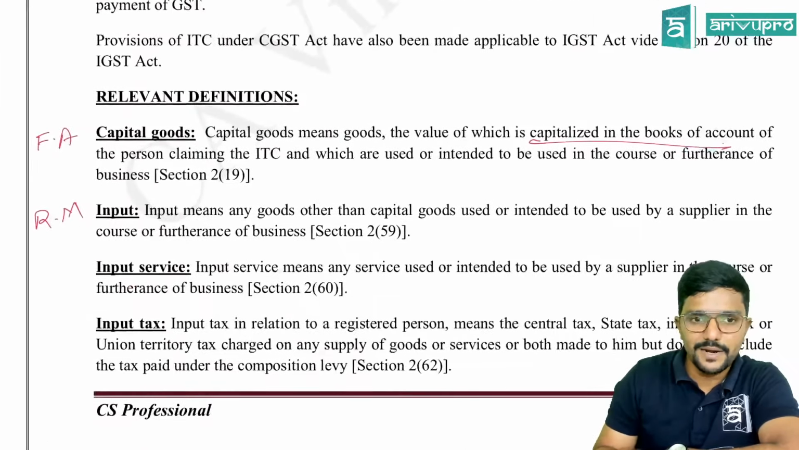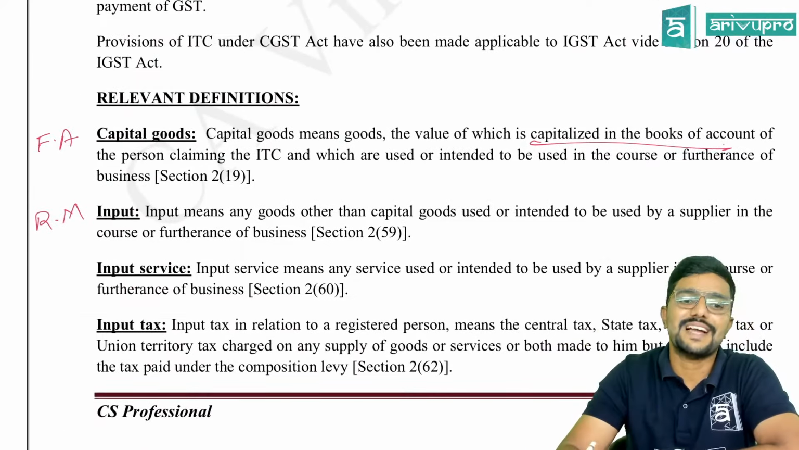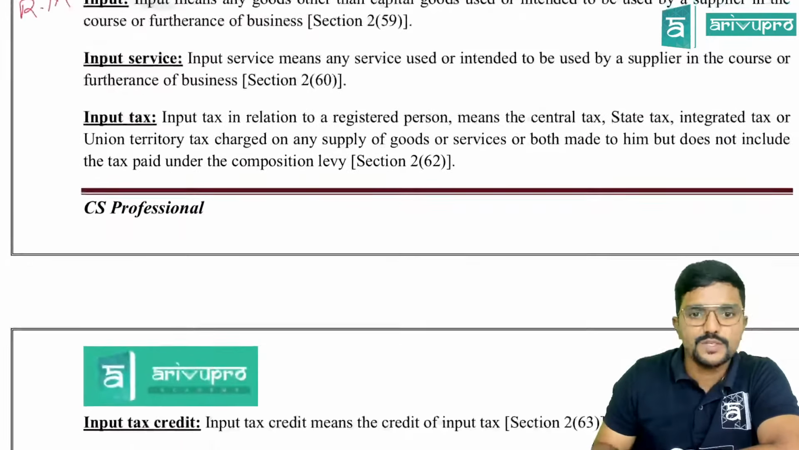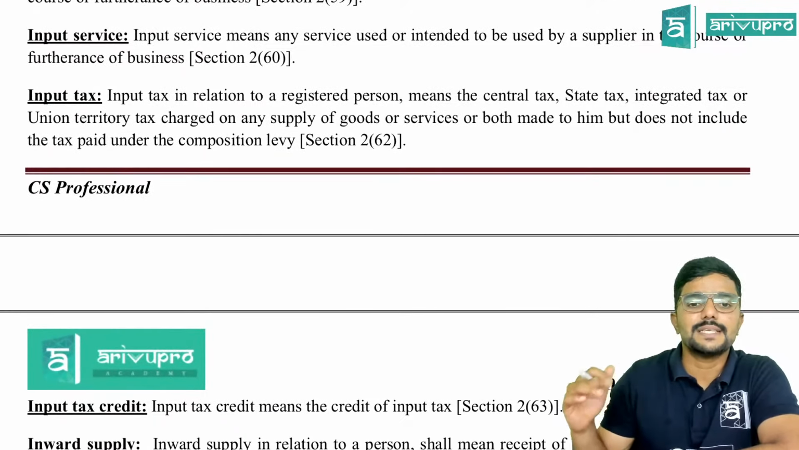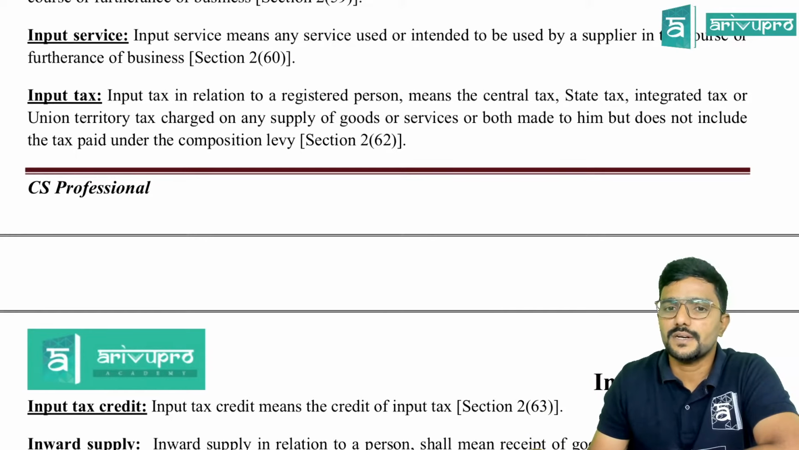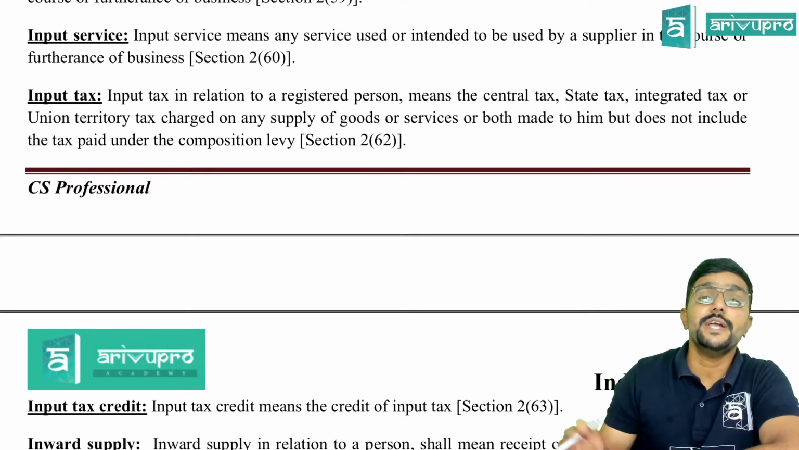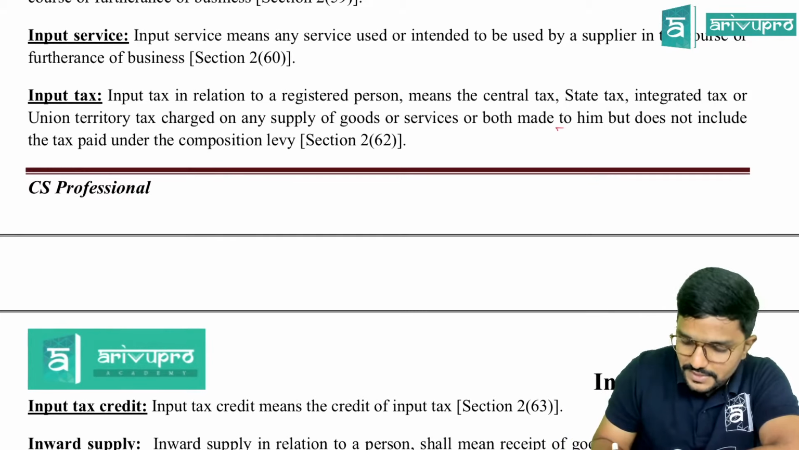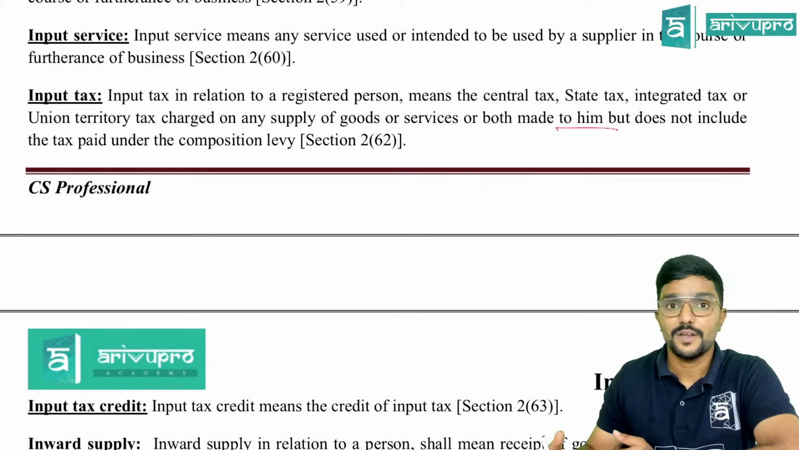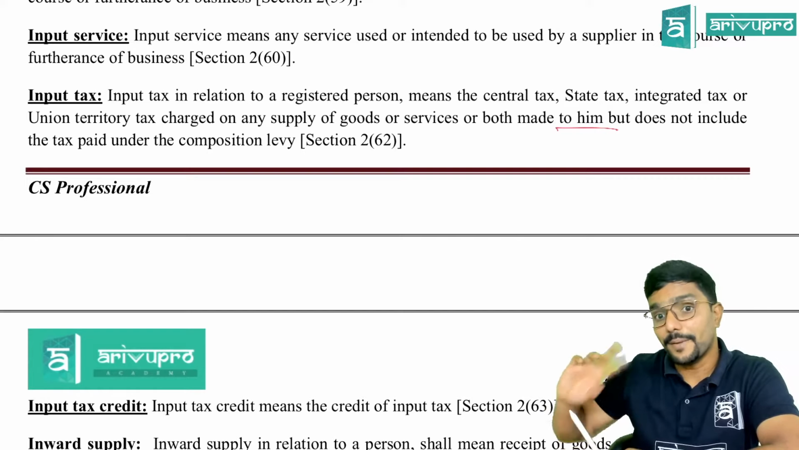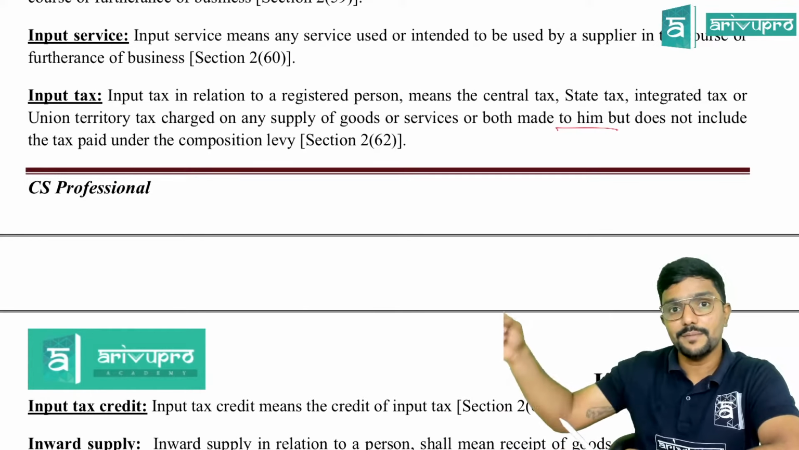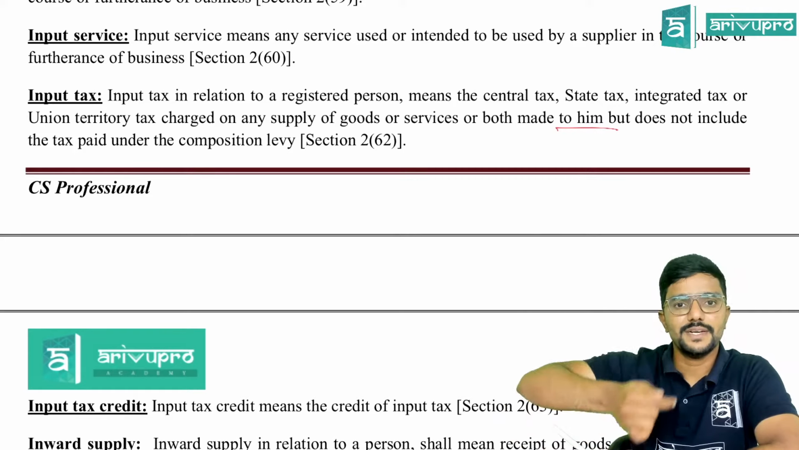Yes, sir. So capital goods, inputs, input services: any tax paid on these three is called what? Input tax. Chalo. So 262. Input tax in relation to a registered person means central tax, that is CGST, or state tax, that is SGST, or integrated tax, we call it IGST, or union territory tax, we call it UTGST, on any supply of goods or services or both made to him. Made to him means it is an inward supply for me, not made by him. There is a difference. If it is made by him, it will be outward supply. But here it is made to him,